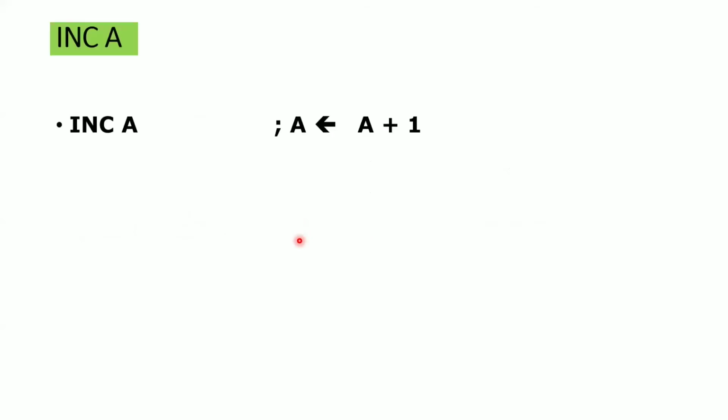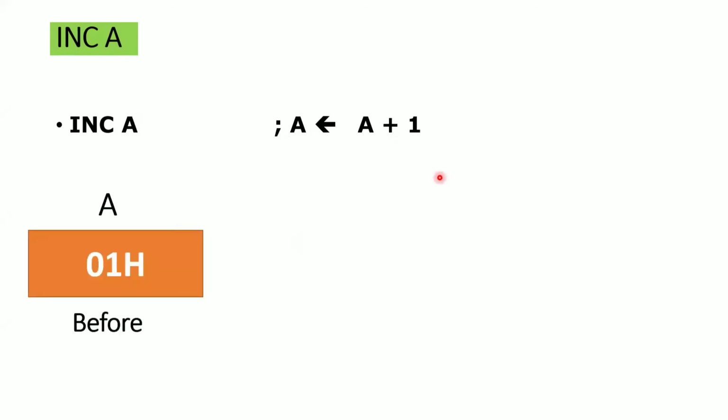The next one is your increment. I'm sure you know that increment means add 1 to any value. Whenever I write INC A, A equals A plus 1. Can I use INC R0? No, you cannot use INC R0. Why? Because I already told you that in every arithmetic operation, by default the first operand is the A register. That's why there is no second operand in this instruction. Obviously the first operand is your A register. That's why INC A is a single instruction, so A equals A plus 1.